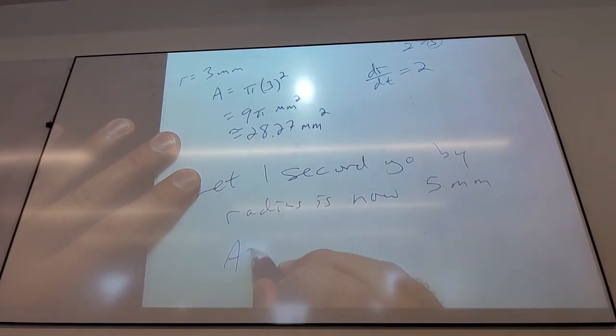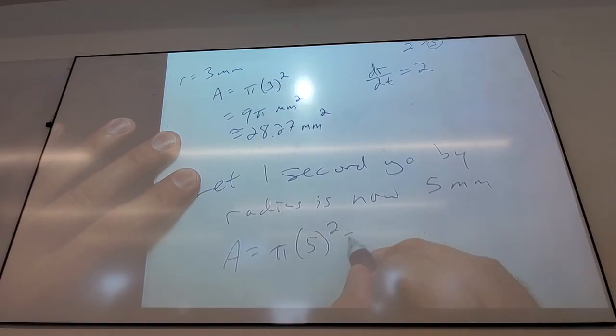25. Pi times 5 squared, 25 pi, which is roughly,